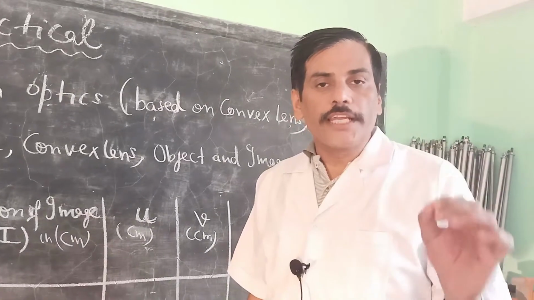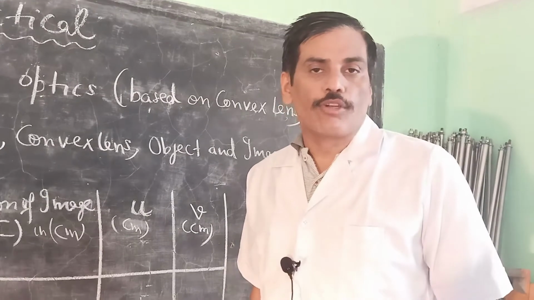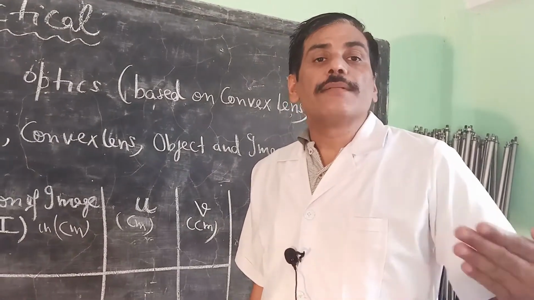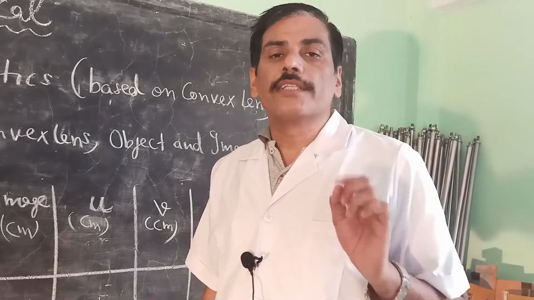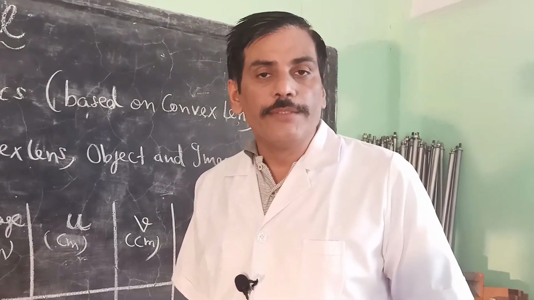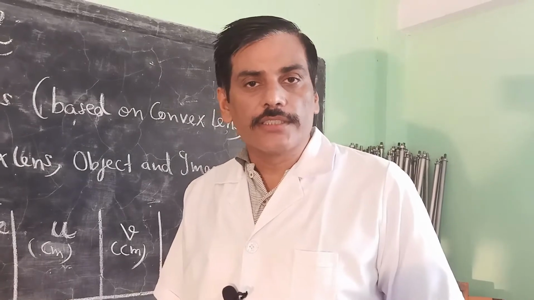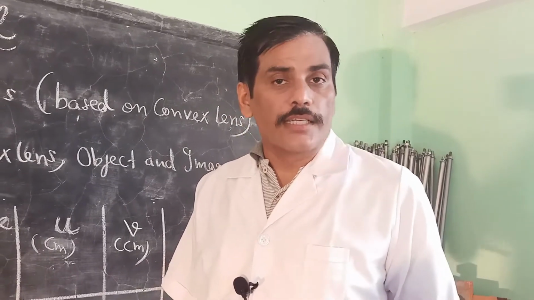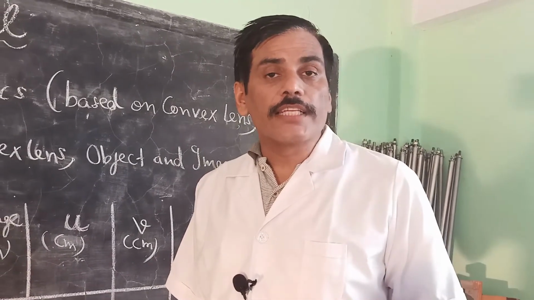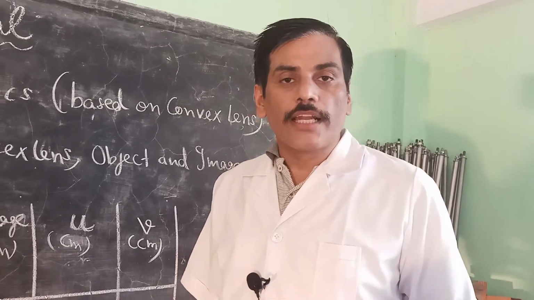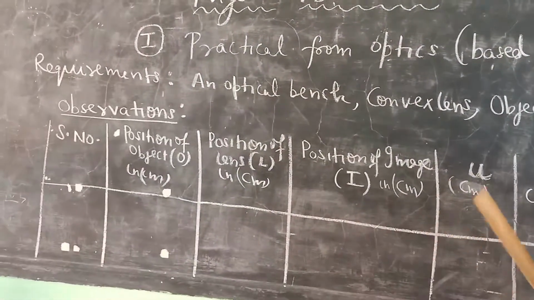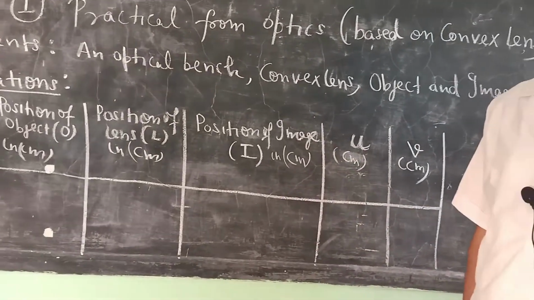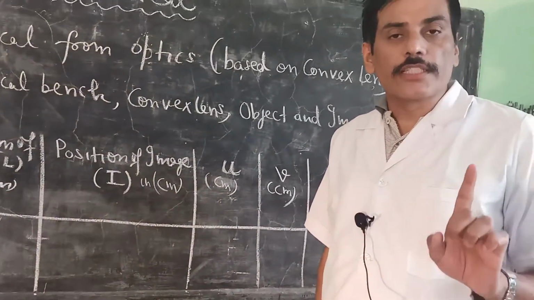How to take the reading, I will explain in this experiment only. But based on this, there can be 5-6 different types of questions, in which only the method of getting the answer will change. I mean to say the method of calculation or the method of plotting the graph. But the basic method of taking the reading will be the same. Whatever readings you write in this observation table, it will be common for all the experiments based on a lens. So you have to understand that.